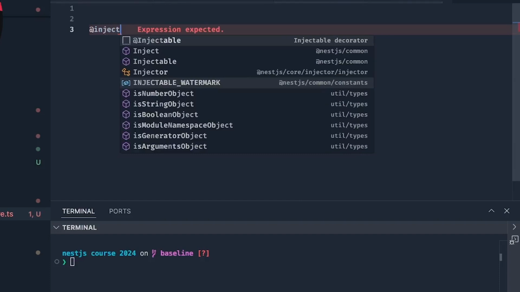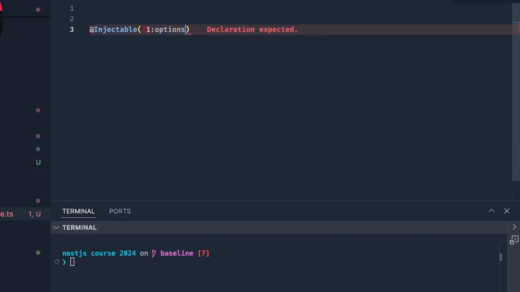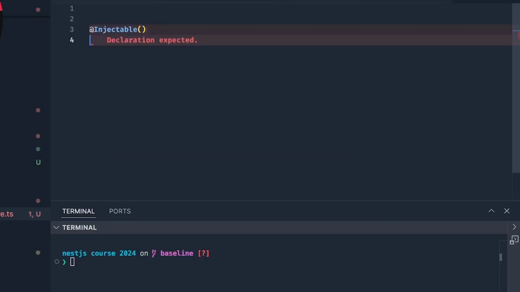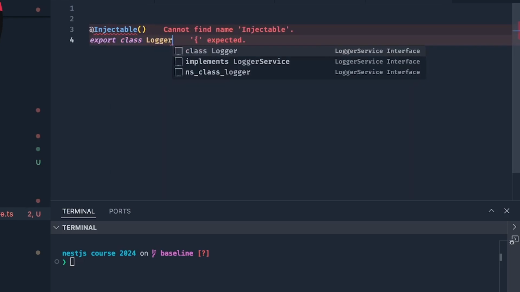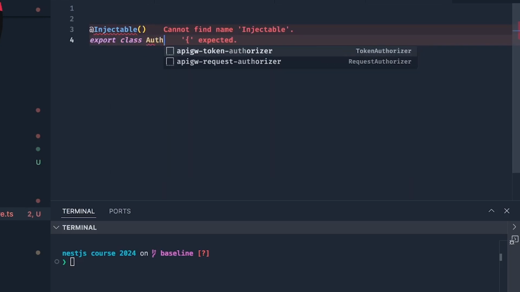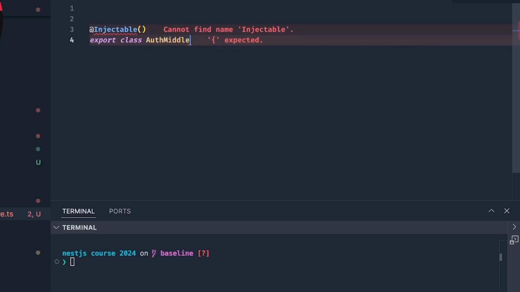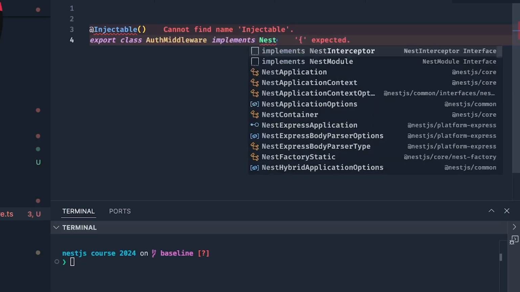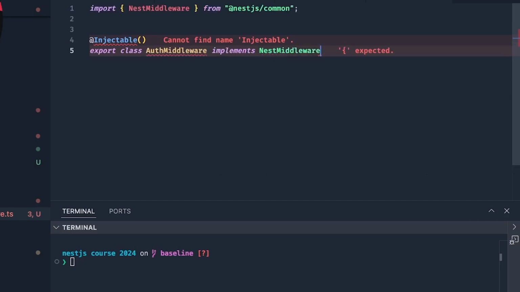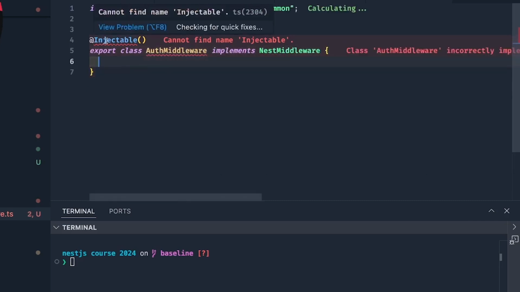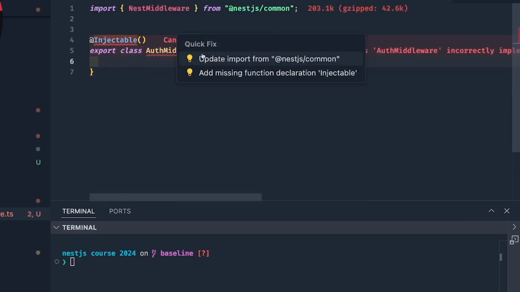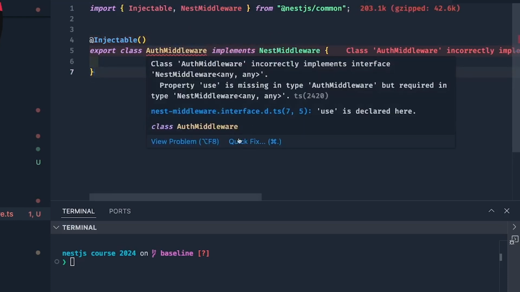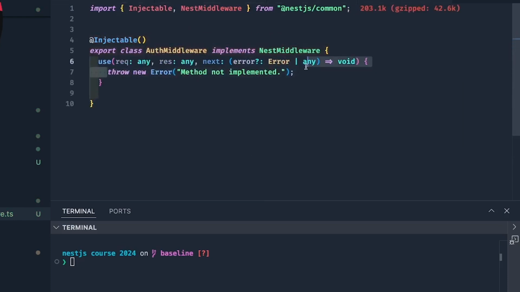For creating a middleware, what we need to do is use Injectable. This is also an ES6 class, same as services. We export a class. We can create a middleware, right? Middleware can be a logger middleware or an auth middleware. We are creating a simple auth middleware. Here we are not going to validate the token which you are passing in the authorization header. We are just going to build a simple showcase. Okay, this is how it is done. Later you can have different types of integrations with the middleware.